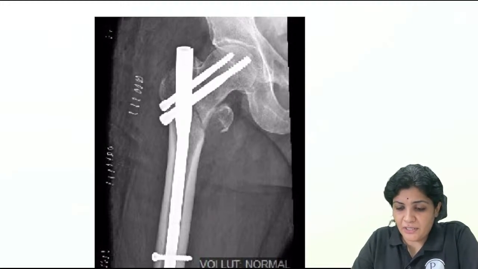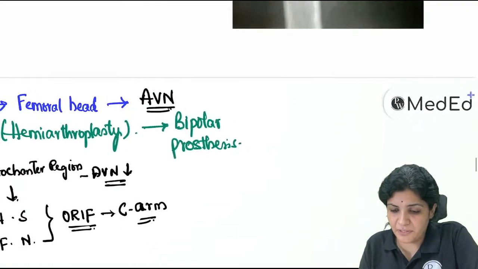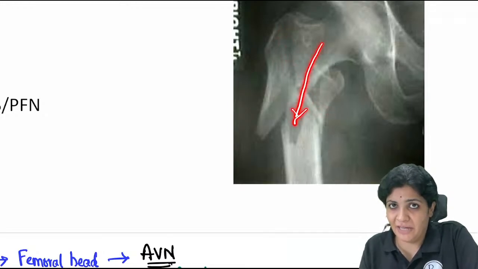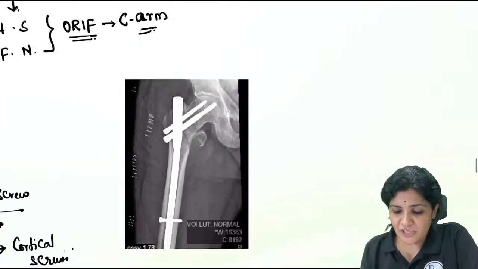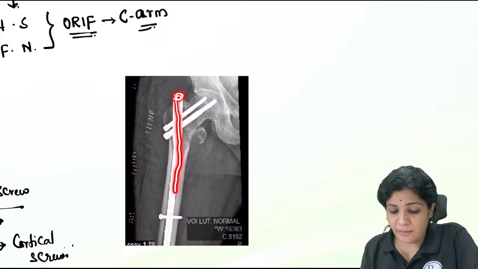So here, you can see this is a fracture line, right? This is a fracture line. In this particular X-ray, this is the fracture line. So what they will do is first they will try to reduce it on the fracture table. We have a separate table for this that is called the fracture table. Once we achieve the reduction, we will pass this nail without completely opening the fracture. We will just try to pass this nail and put these two screws and this screw